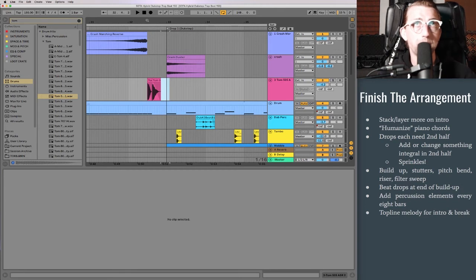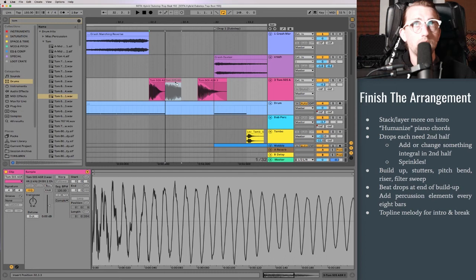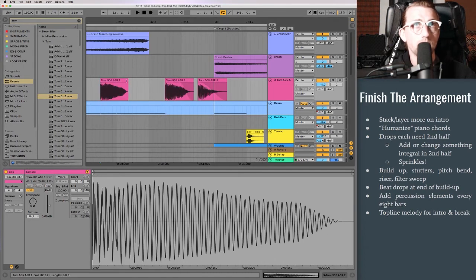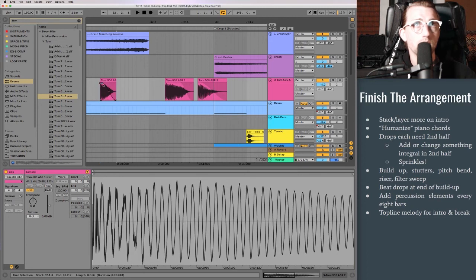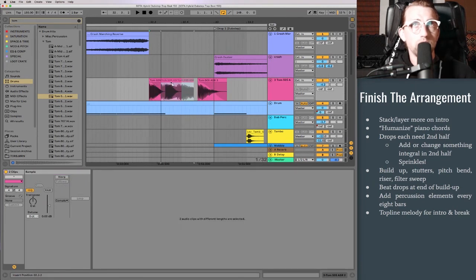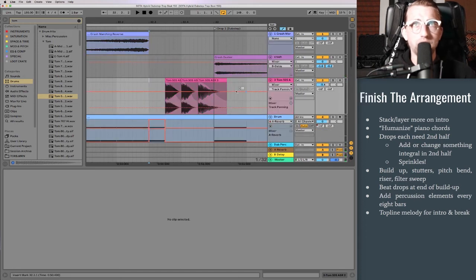I grabbed the wrong tom. We're gonna just move these. Getting ahead of myself here with a little bit of sound design stuff, but it might be cool to have these